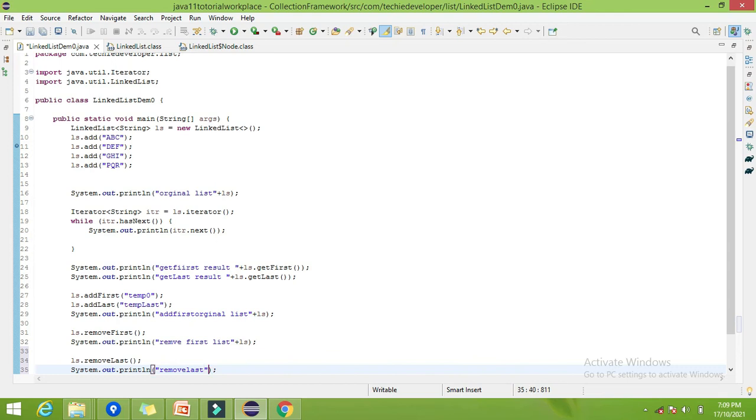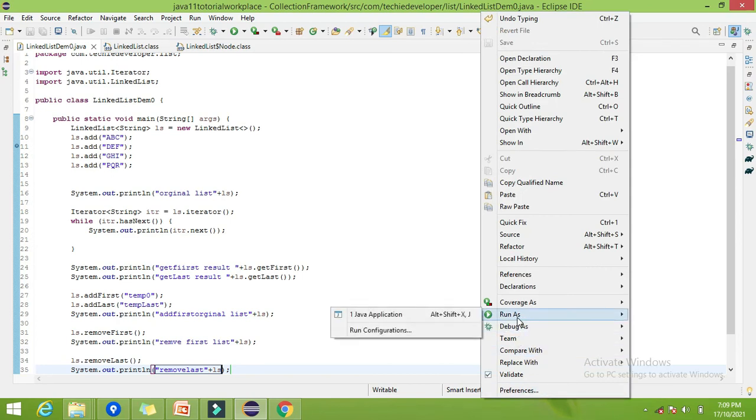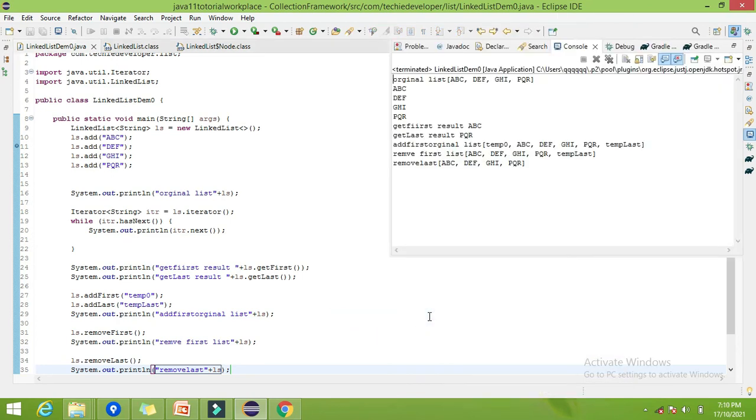So here you can find A, B, C, D, F, G, H, I, P, Q, R and temp last, and here we have removed the last element. That's why temp last is not present in the resultant list. So that is all about removeLast.